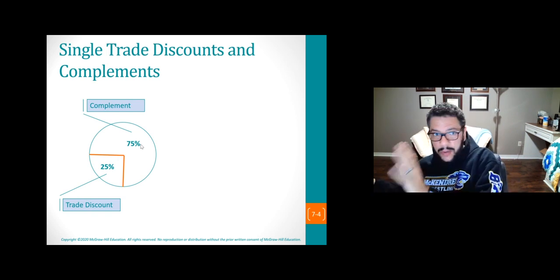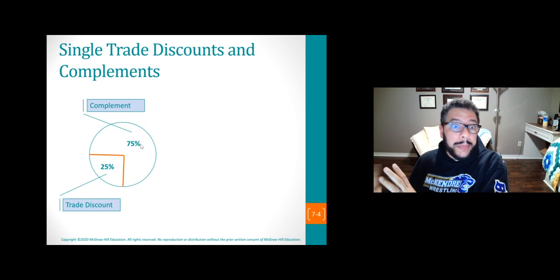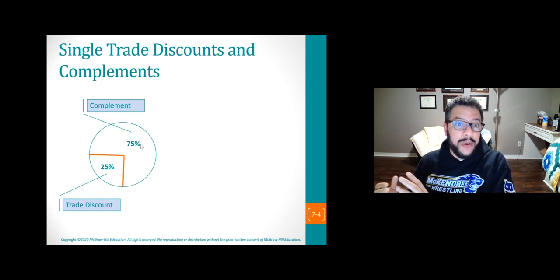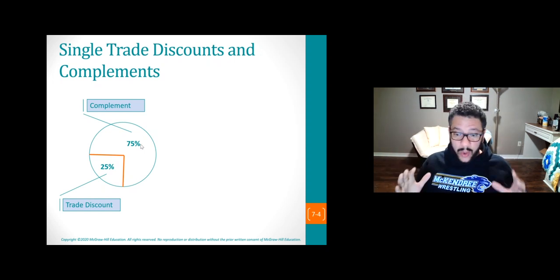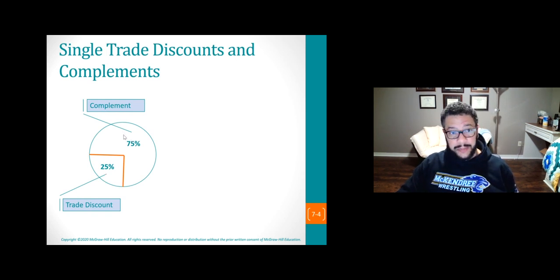Now, supplement, don't write this down because it doesn't matter right now, but supplement is, okay, what can we supplement or add to that 100%, right? But complement is always, how do we get to 100%? Okay, so the complement, in order to get to 100%, you have to complement this 25% with 75%. That's going to be useful if we want to avoid that step of subtracting once we figure out what the